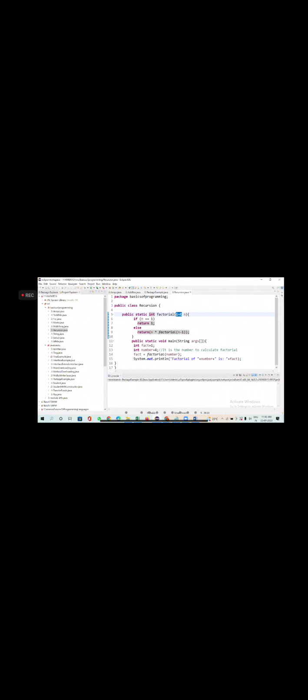It is returning n. N is what data type? That's why you're putting int here. This is the return type. So far we were putting void because it was not returning anything. If you see any return type, it means it is returning a value. So what data type is it returning? Integer. So you have to store the value or not? I have to store this particular value. I would declare some variable, int fact equal to, you can give any name.